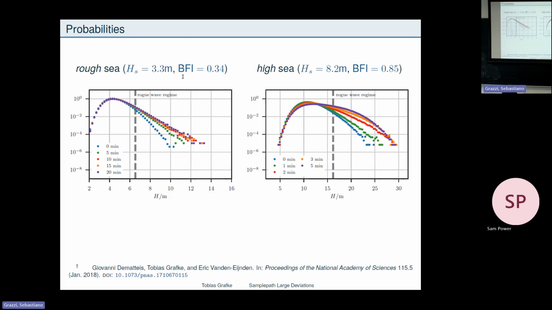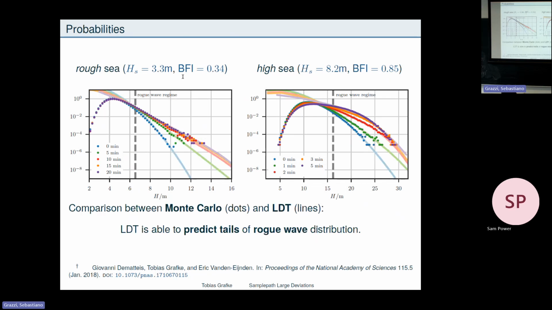And I can now superpose this with the probability that I get if I evaluate the action at the instanton for the minimizer of the nonlinear Schrödinger equation. And these are the lines that you then get. So you see that if I'm in the regime where events are very common, this is a very bad prediction. But in the tails, this is an extremely good prediction. And in particular, I can make these lines as far as I want down and still get an answer for how likely would be an event of this height or of that height.